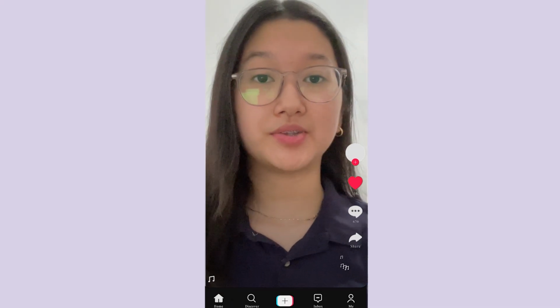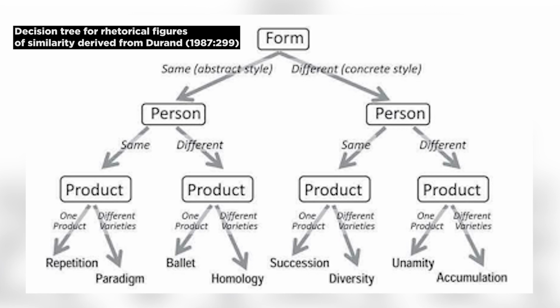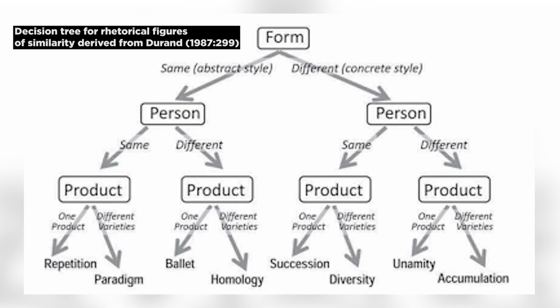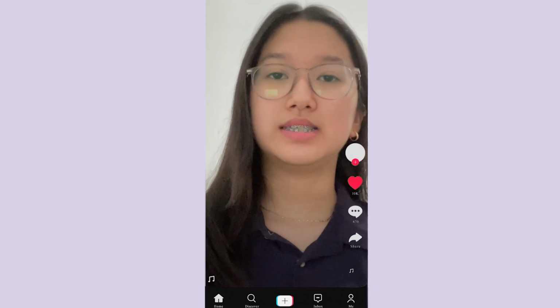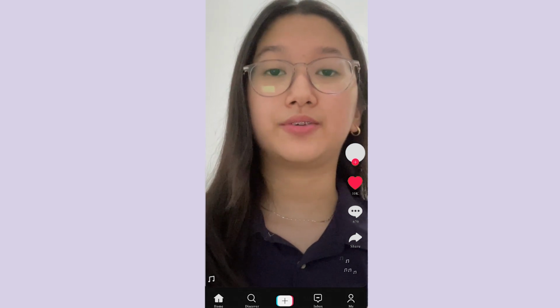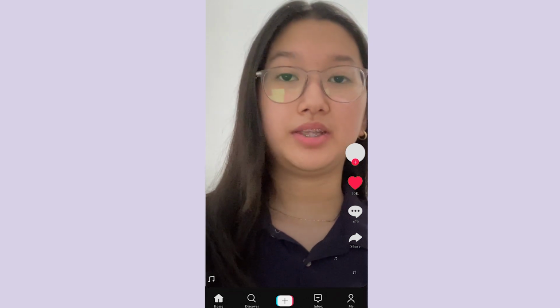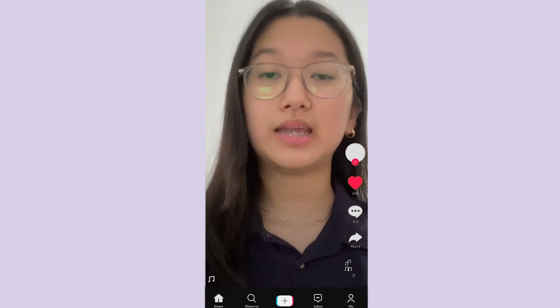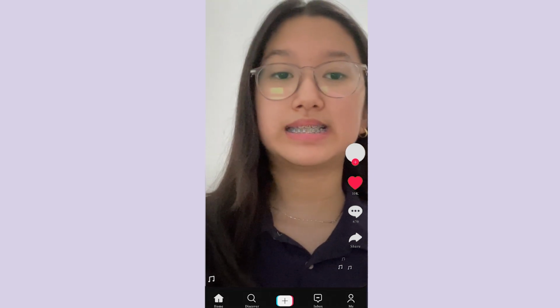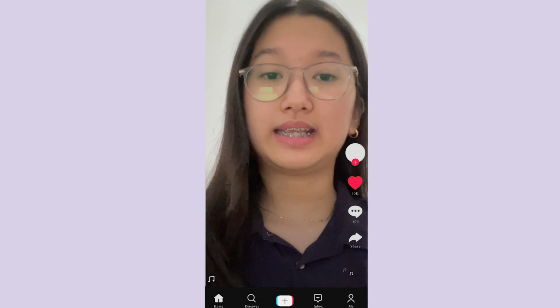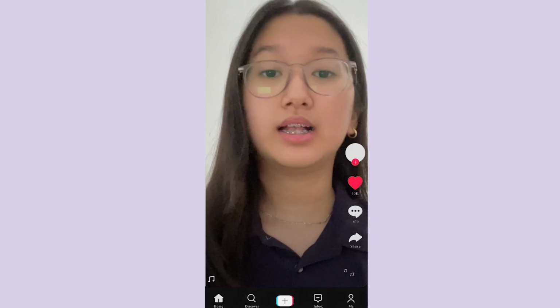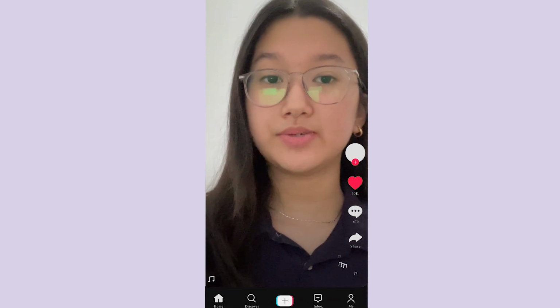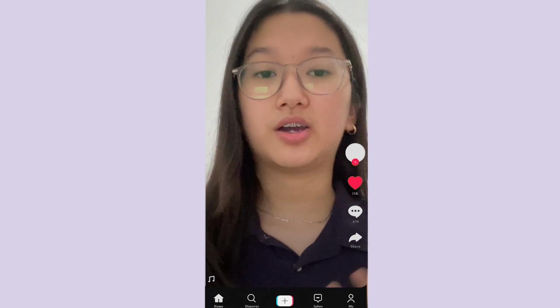This is the decision tree for rhetorical figures of similarity derived from Durand from 1987. This is a matrix of 30 distinct rhetorical figures by determining 4 processes and 5 types of relationships between the pieces in each figure. This is an example of how rhetoric discovers patterns and principles within the collection of formal